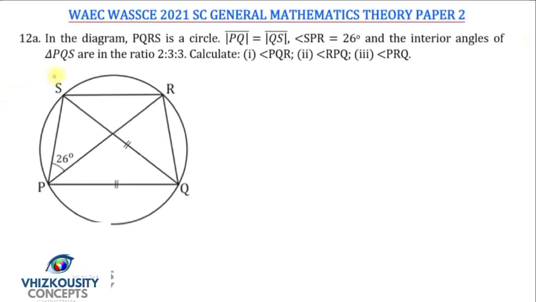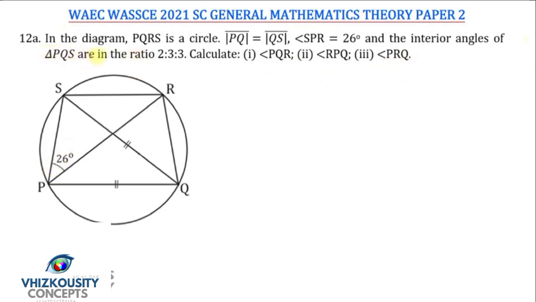In this question on circle theorems, we are told that in the diagram PQRS is a circle, and PQ is equal to QS, and angle SPR is given as 26 degrees. The interior angles of triangle PQS, this triangle here, are given in the ratio 2:3:3, and the mandate is to find PQR, RPQ and PRQ. In the first case, what I want to point out is that when we are told that the interior